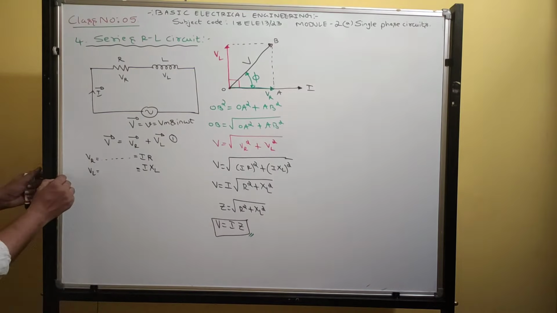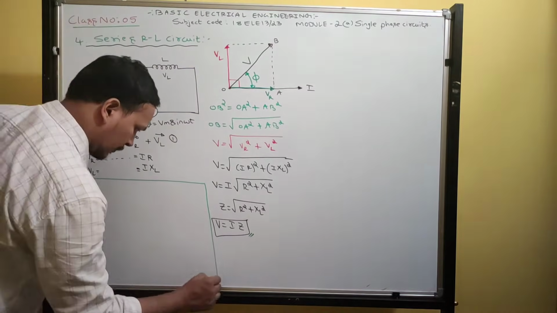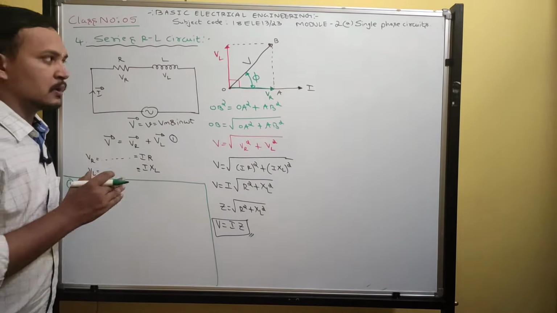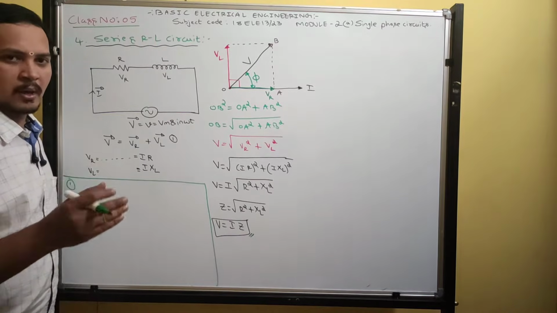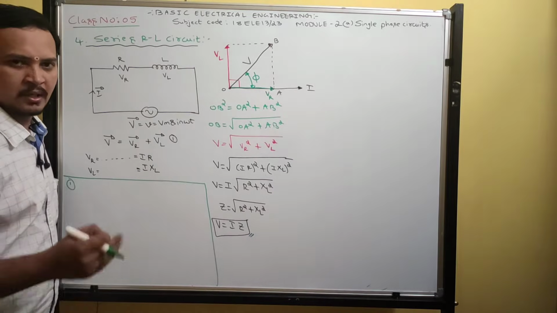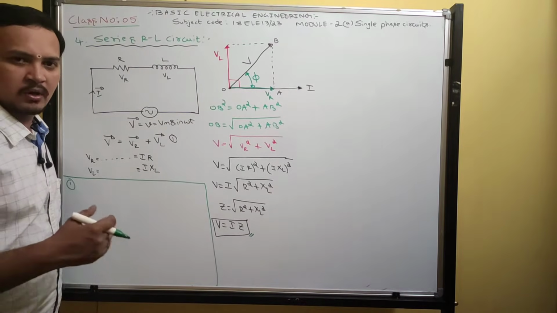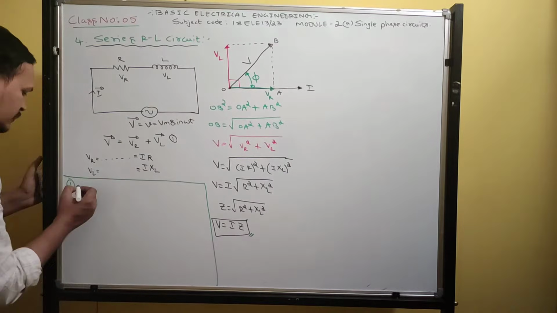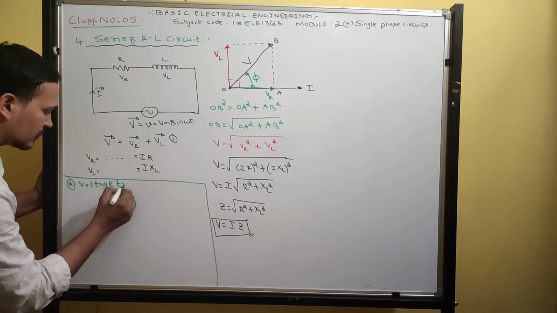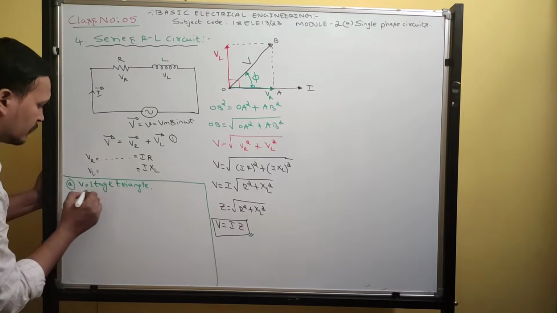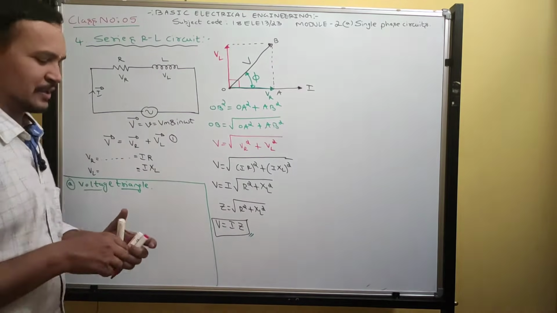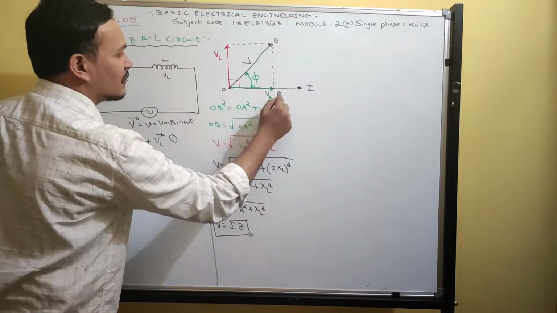Now, before starting the next topic, they won't ask much theory on all these topics because they will ask problems directly on this type of circuits. So there are some technical terms we must be very familiar with so that we can do problems confidently. First one, the voltage triangle. What do you mean by voltage triangle? It means all three sides of the triangle should be voltages. That is a voltage triangle.